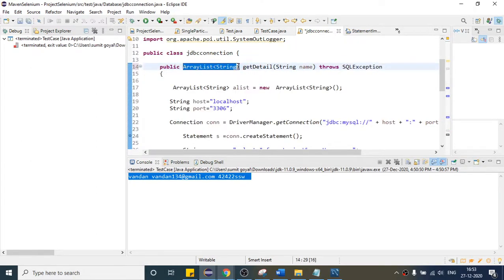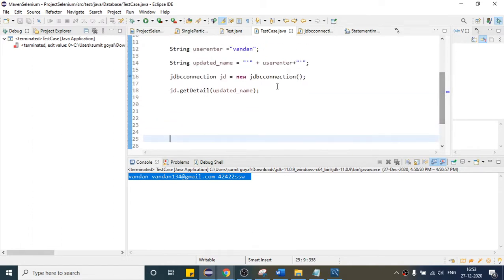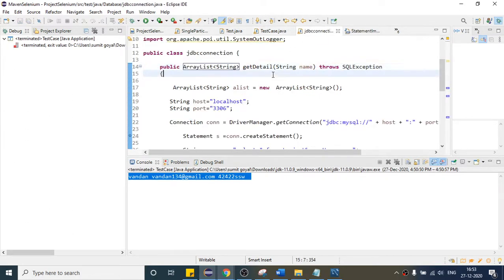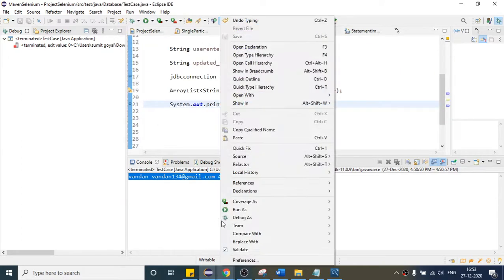And once I call this method from here, it will again give me one array list. So I will say array list of type string data. I will catch the data here. And let me again put a debugger so that we can get a better understanding of how it will actually work. Let me put a debugger here as well. So if I debug it,